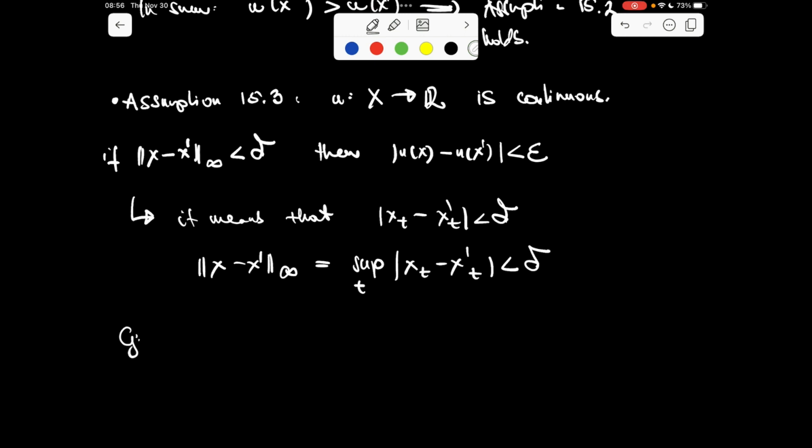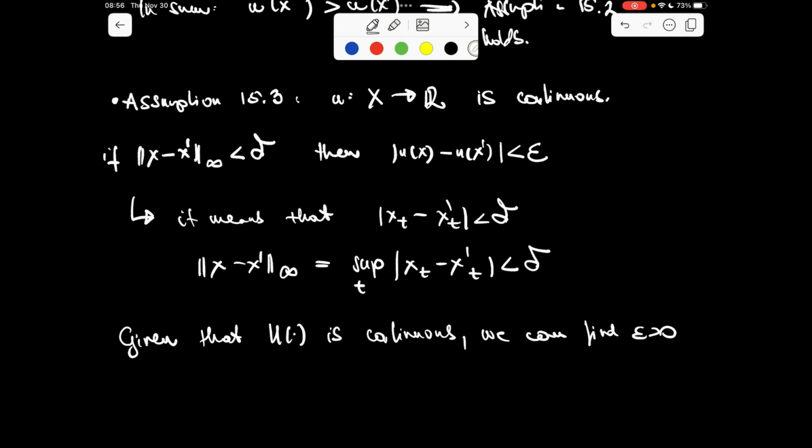Given that u, the one period utility function, is continuous, we can find a strictly positive epsilon number such that, given this distance, then